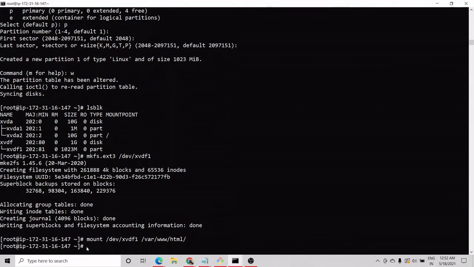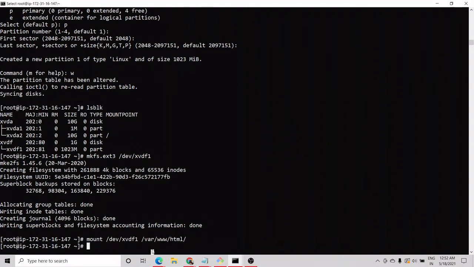Now whatever we create inside this folder will go into this disk, so it won't be affected whenever something happens to the hard disk of our instance, it won't make any effect on the content that we create inside this folder.